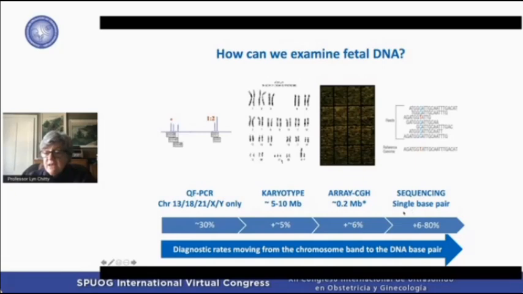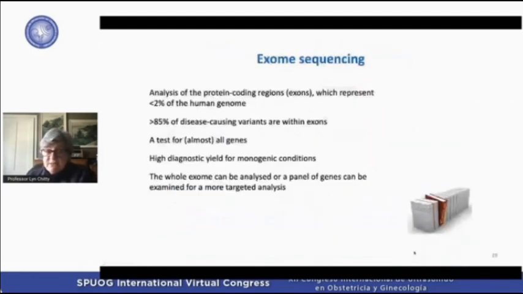And then sequencing, we're actually looking at the single base pair, so you can pick up individual mutations. So diagnostic, this moving from QF-PCR through to sequencing takes you through diagnostic rates moving from chromosome band to the DNA base pair itself. I'm going to talk to you about exome sequencing, and that's what's mainly used in fetuses